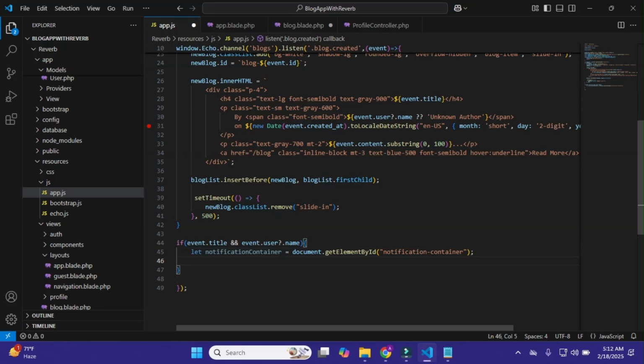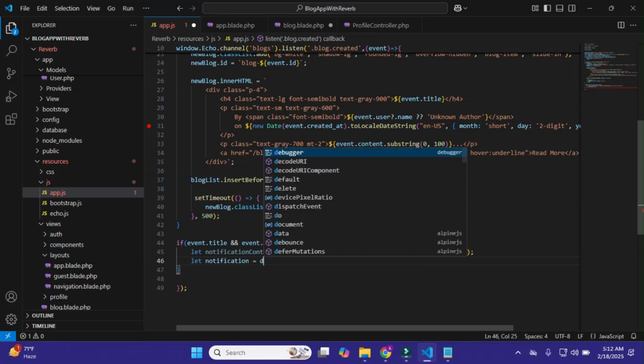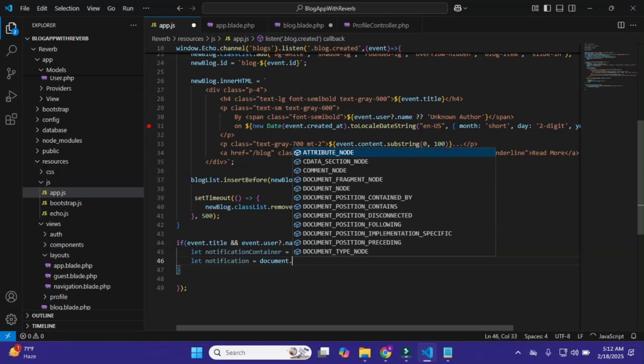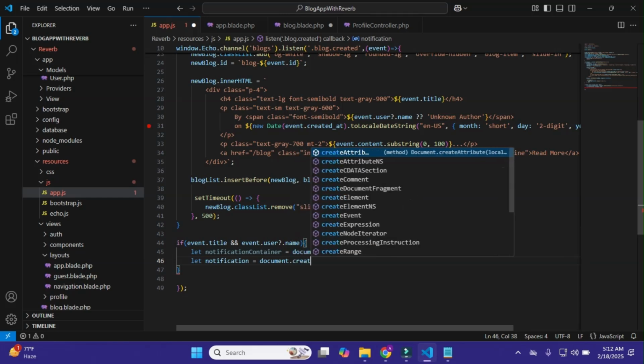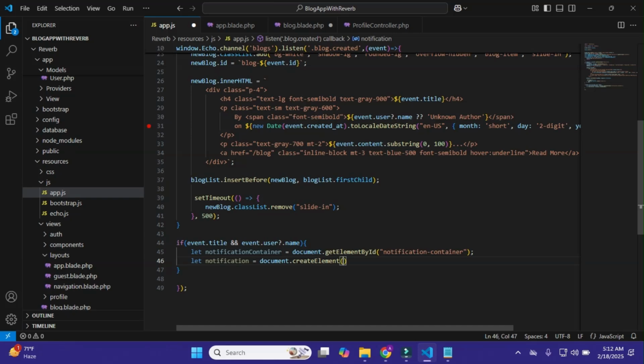Okay, and after it I'll make it let notification = document.createElement, and the element is div.